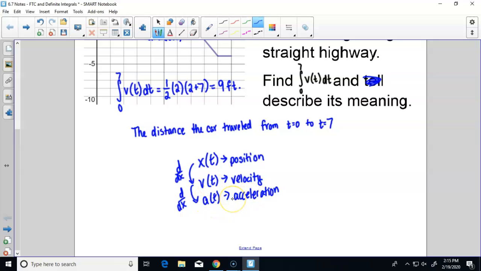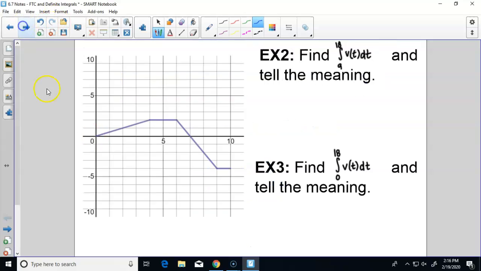Well, now that we know how to integrate, integrating gets you back up in the other direction. So if we integrate the velocity, it's going to give us the position. If we integrate acceleration, it would give us velocity. So integrating from 0 to 7 is going to give us a change in position there. Okay, questions so far? All right, so the next slide still has the same graph,